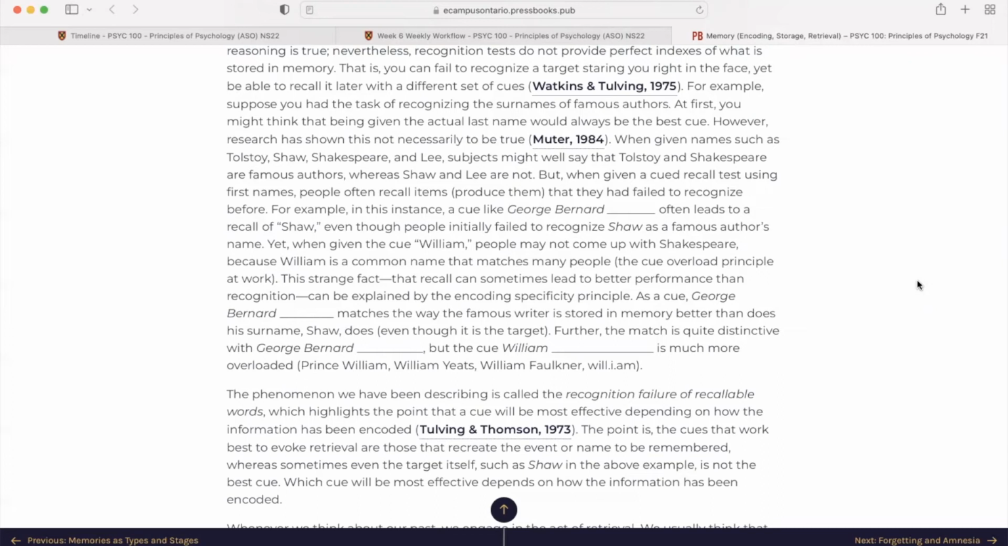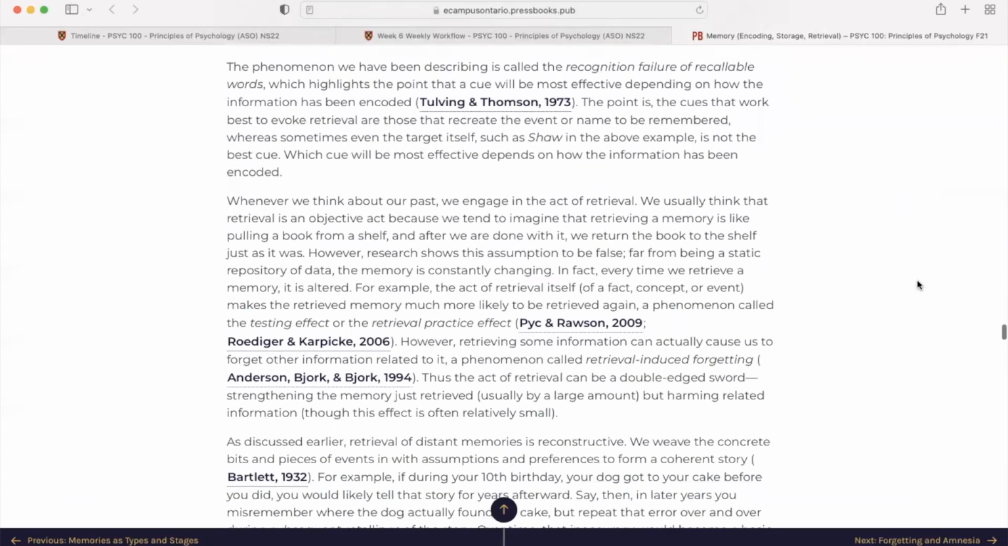This strange fact that recall can sometimes lead to better performance than recognition can be explained by the encoding specificity principle. As a cue, George Bernard, fill in the blank, matches the way the famous writer is stored in memory better than his surname, Shaw, does, even though it is the target. Further, the match is quite distinctive with George Bernard, fill in the blank, but the cue William, fill in the blank, is much more overloaded. Prince William, William Yeats, William Faulkner, Will.i.am, and so on. The phenomenon we have been describing is called the recognition failure of recallable words,